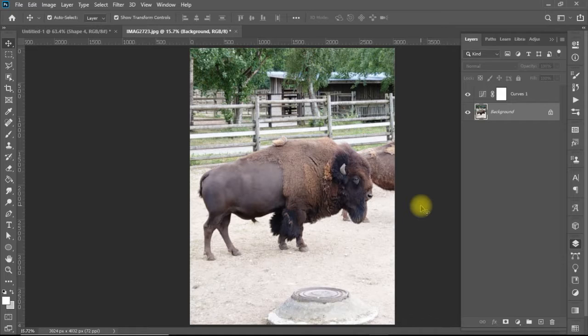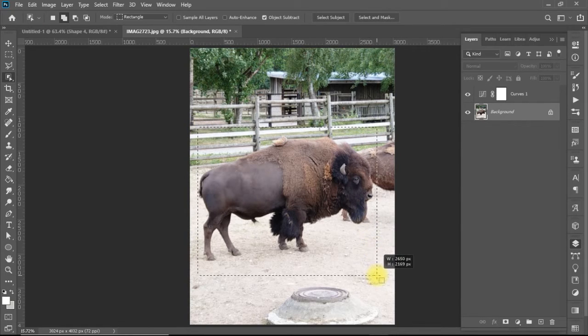The first step is to isolate the main objects that you'd like to add a shadow for. So we'll use the object selection tool. We'll use it for this great animal. Here it will do a nice job. The algorithm will be running and it will do a nice job of selecting the focus object. Okay, after that we press Ctrl J to separate it on a separate layer, and while on this separate layer